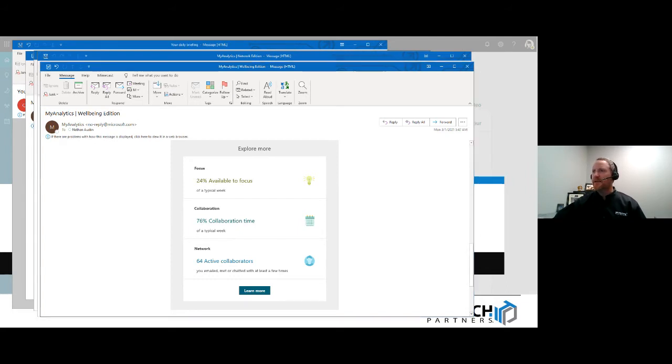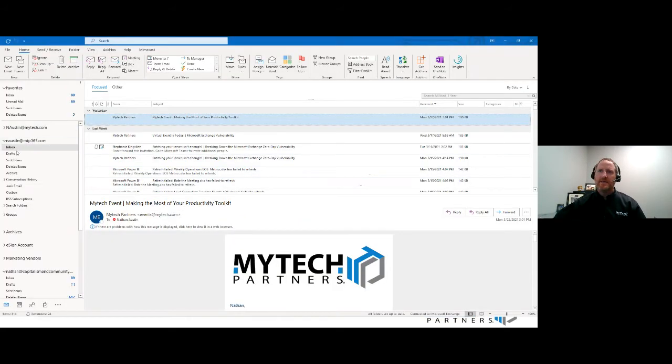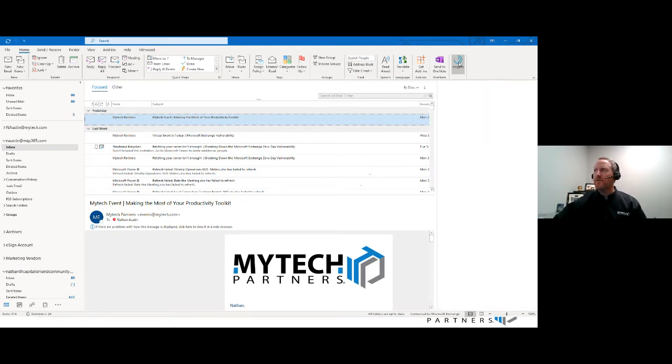The second way is in Outlook. This is my demo account, so there's not a lot of data in here, which is why I've been showing you emails from my account, because it actually shows some real data. But in the demo account, I will show you there's an Insights add-in, and you need to have probably one of the most current versions of Outlook. There's some specific details around what versions of Outlook you need, but as long as you're on a Microsoft 365 Outlook version that is updated to the current release, you'll have the ability to do insights.